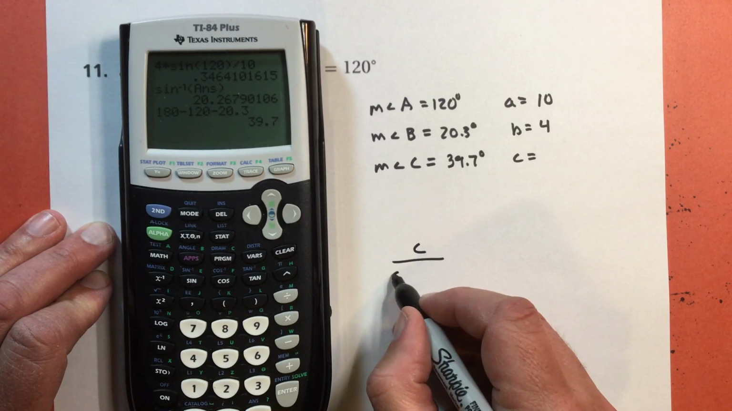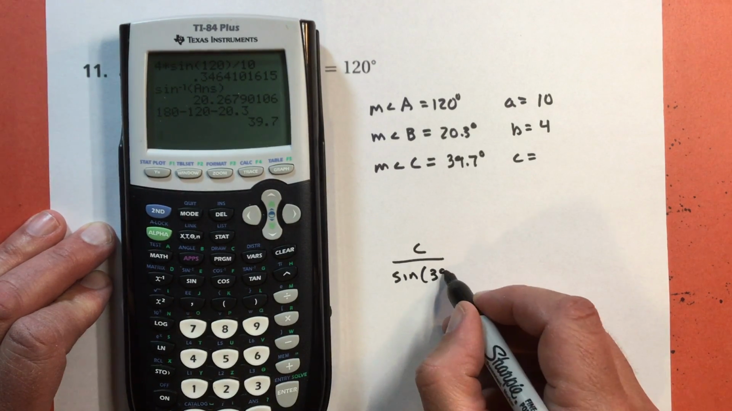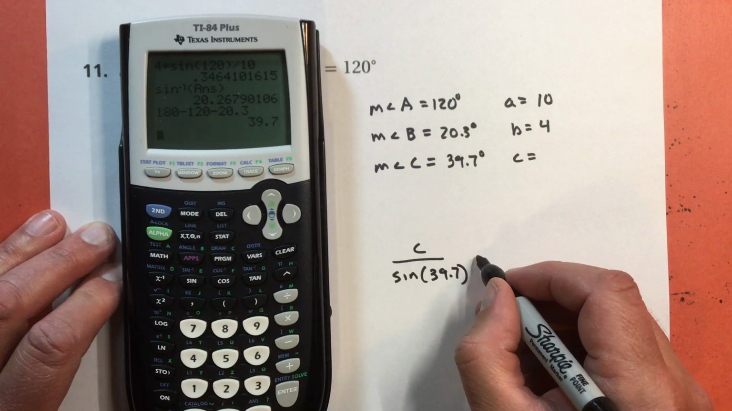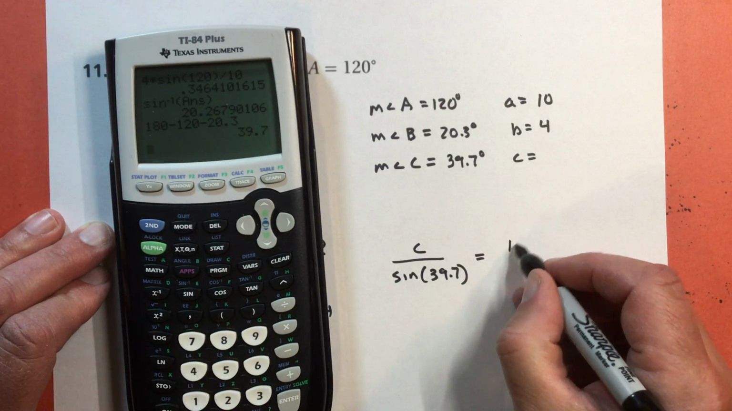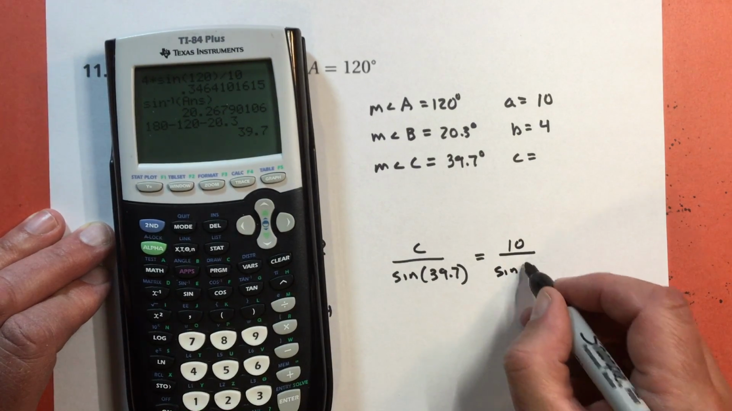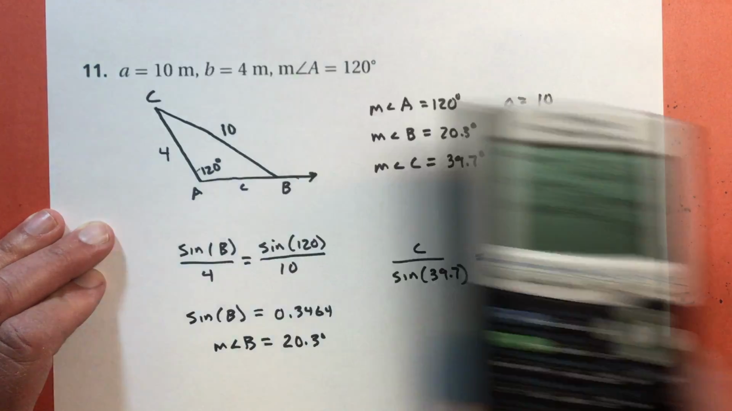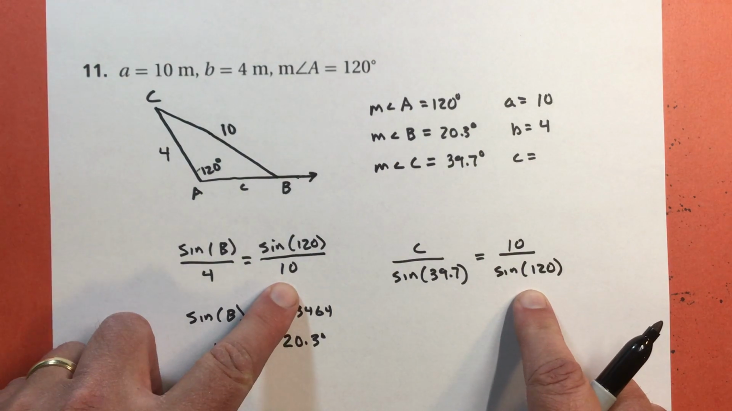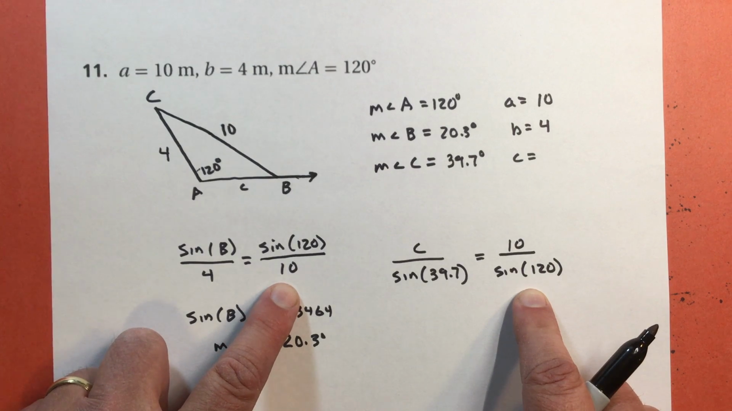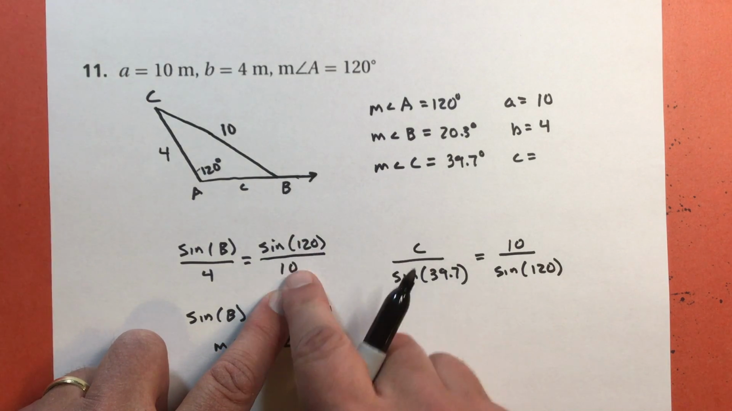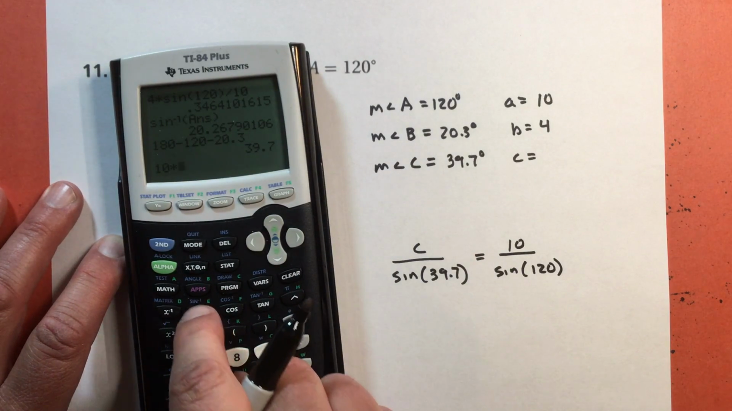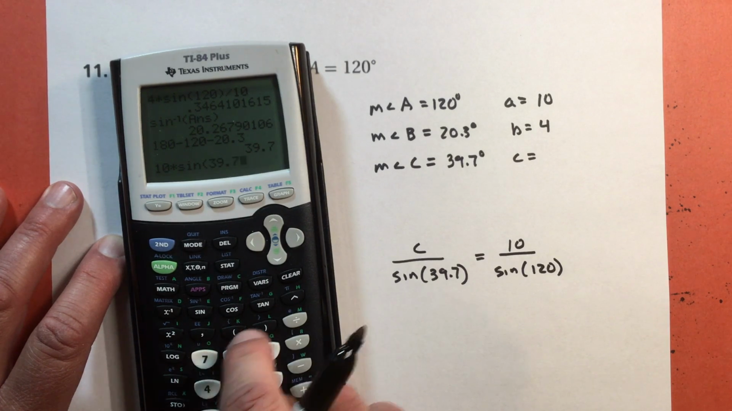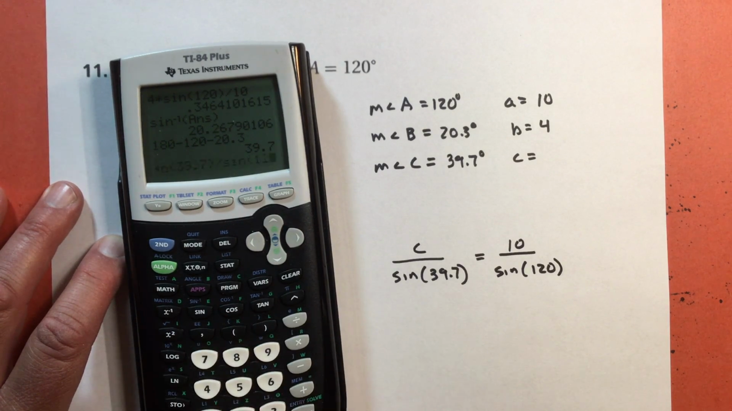Side C over the sine of the angle that I just found, 39.7, is equal to, and again, go back to the ratio that I have, side A over the sine of angle A. And again, I keep pointing out that I'm using the same ratio. I'm not really. I'm using the reciprocal of the same ratio, though, but I'm using the same measurements. So 10 times sine 39.7 divided by sine 120, and that should give me about